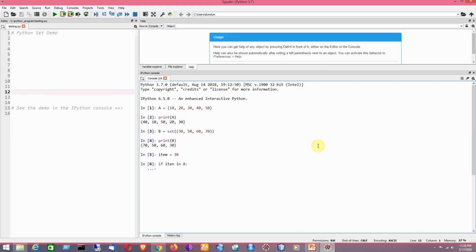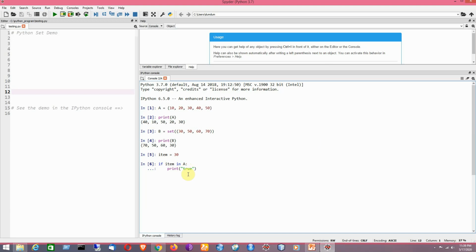So I would try to maintain the proper indentation here. It should be item, not a, it should be item. Or you can write here true also.